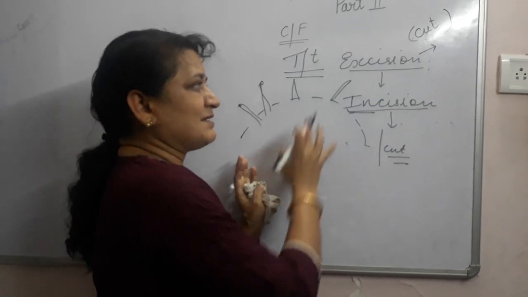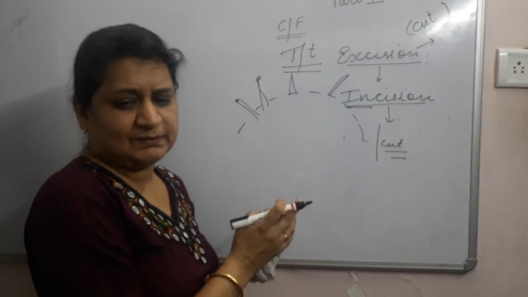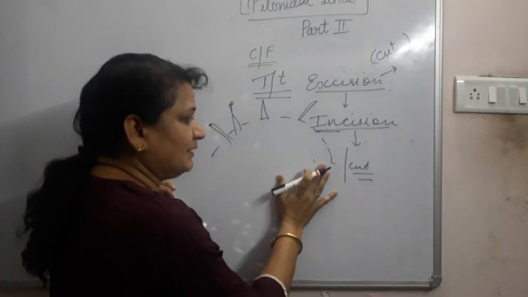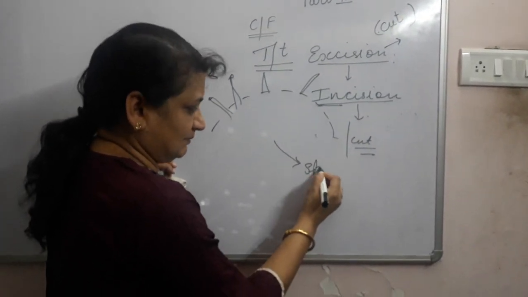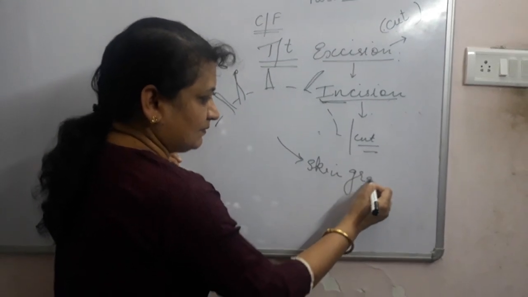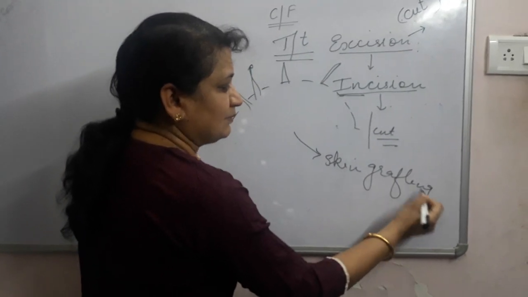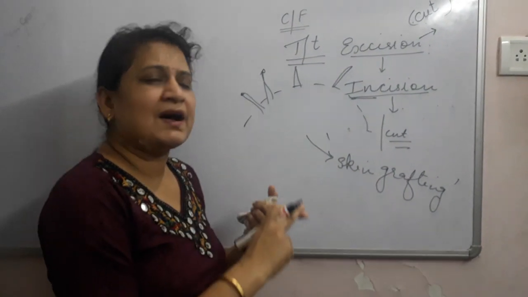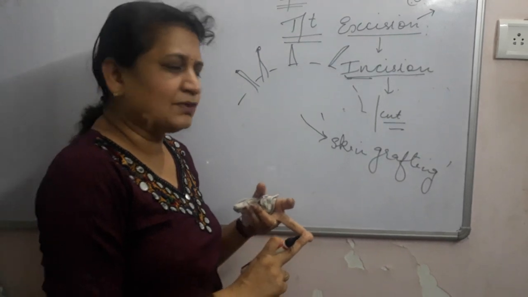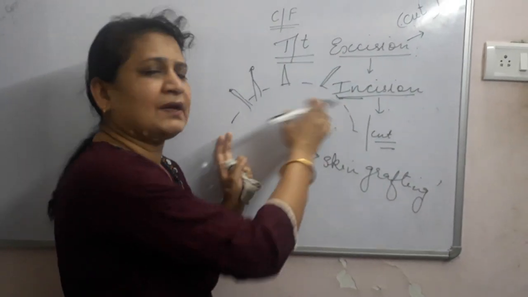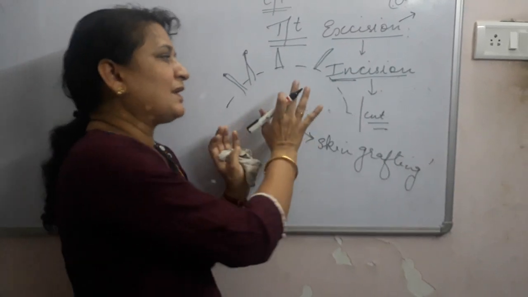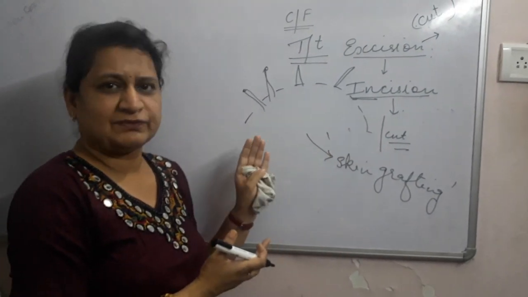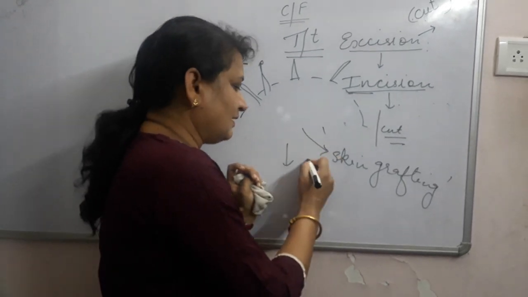So the treatment is excision of the tract by staining it with methylene blue dye, and at times if the area is clean, you can go for a skin grafting. Skin grafting means you have to take the skin from some other side of the body. Usually it is either the thigh or the anterior abdominal wall. So you take a graft from that and you can implant that graft here. Or you can leave this open and it will heal through granulation tissue formation, and whole procedure is done under